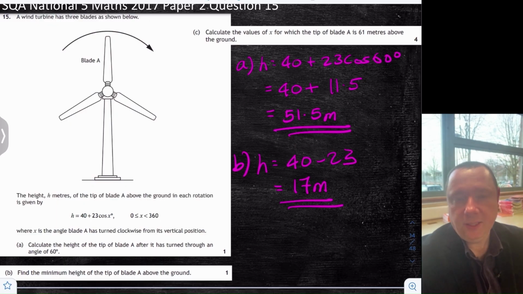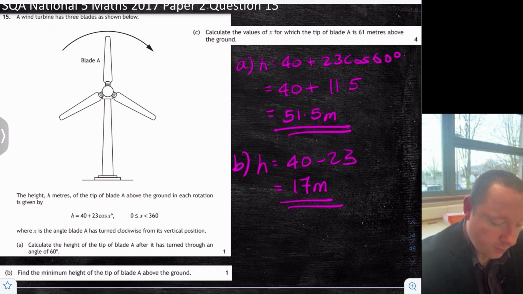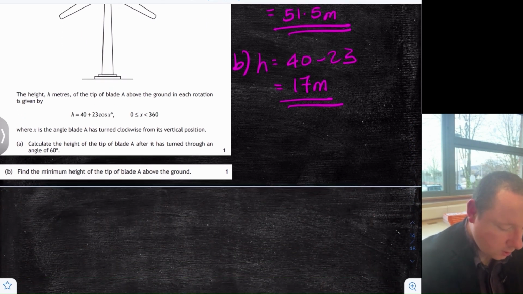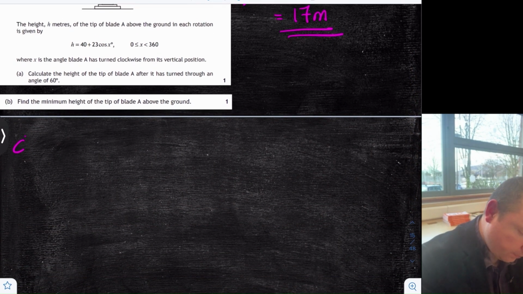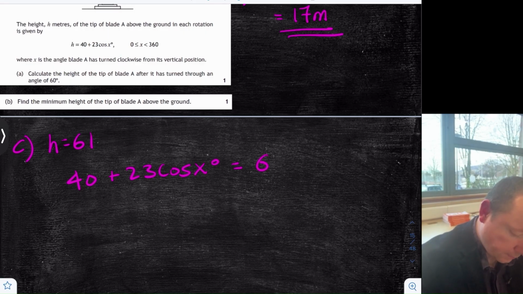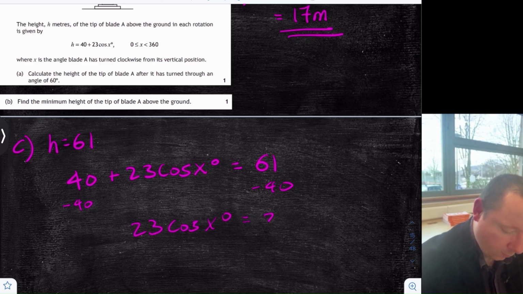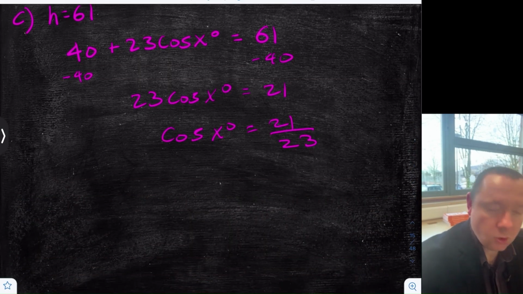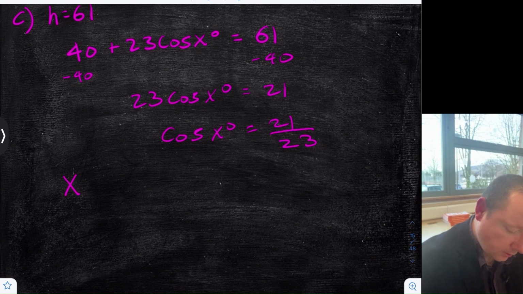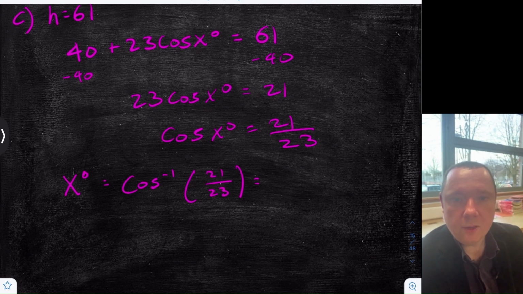Part C is the meat and potatoes of this. Calculate the values of x for which the tip of the blade is 61 metres above the ground. So for part C, h is equal to 61. So I can write 40 plus 23 cos x equals 61 and solve that equation. So taking away 40 from both sides, 23 cos x equals 21. So cos x is 21 over 23. So then we can work out x. X is the inverse cos of 21 over 23. Which is 24.1